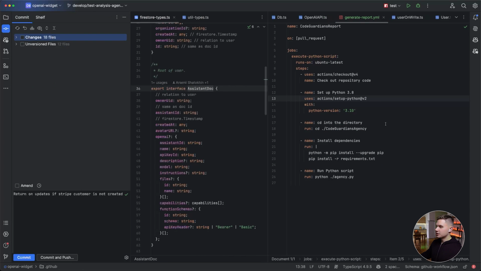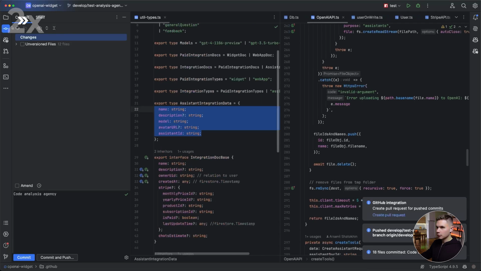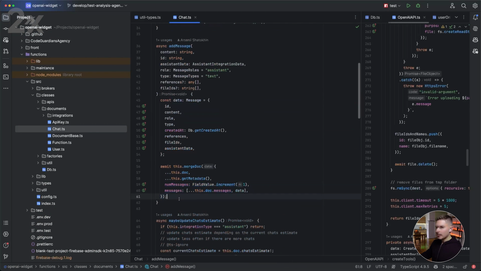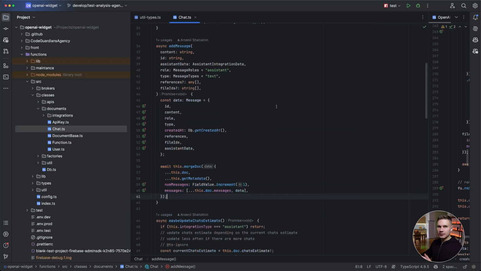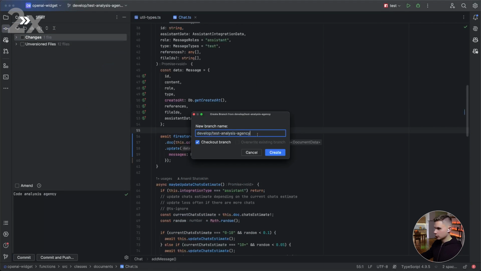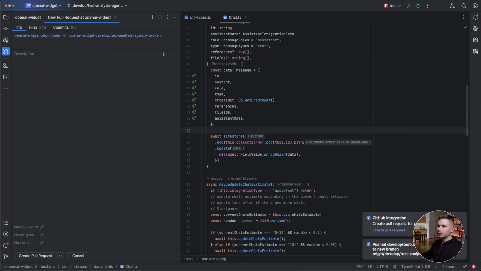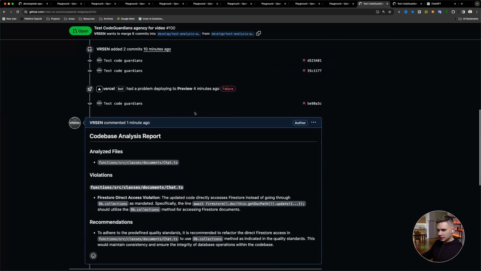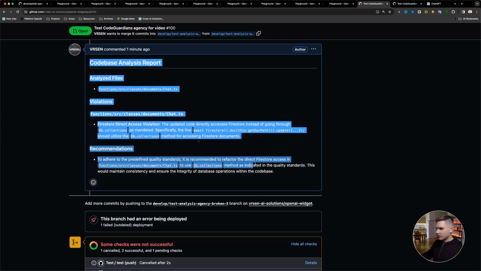Awesome, so now that our agency and the workflow files are done, we can simply push this code to GitHub. After that, I'm gonna intentionally break one of the files just so we can test this workflow. So now that I pushed this code, I'm gonna create a pull request to trigger the agency. Perfect, so now as you can see, our action has been executed on the backend and we should see the analysis report right here